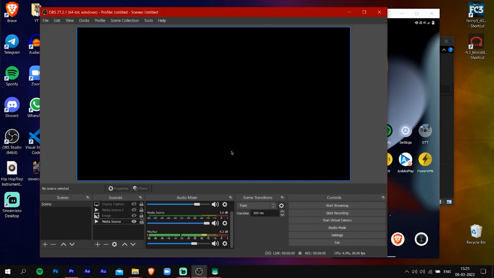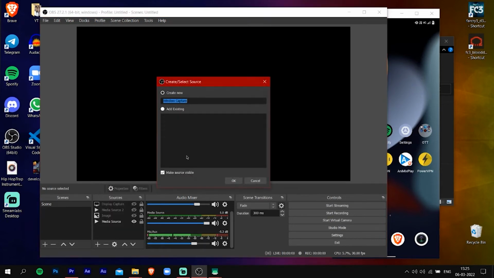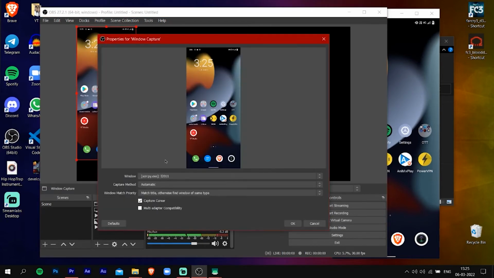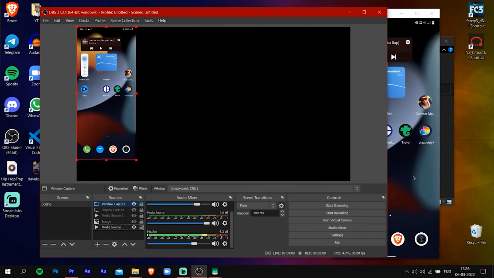so I can show it to you from scratch. Now you want to click on the plus icon and click on window capture over here, and you can name it anything you want, and it should automatically detect SCRCPY. But if it doesn't, you click on window and select this one, and once you have done this, you can start recording and streaming. Now I'll just open Combat Master,